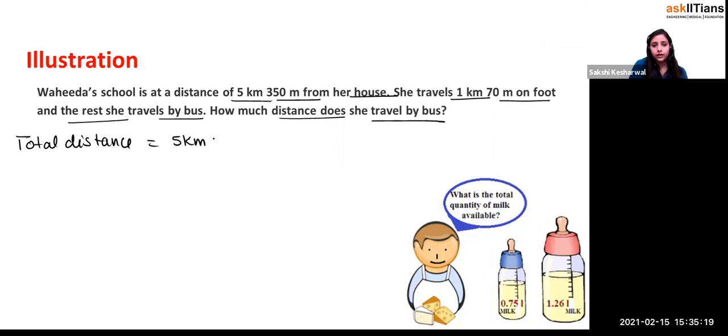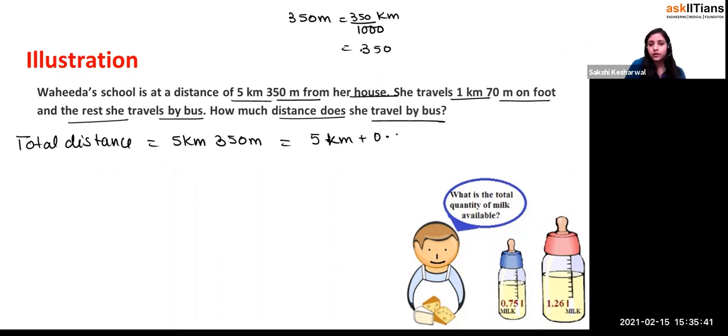5 kilometers and 350 meters. So can you convert this 350 meters into kilometers? Yes or no? Can I write this as 350 upon 1000? Yes or no? Can I write this as 0.350? So can I write this as 5 kilometers plus 0.350 kilometers, which is equal to 5 point